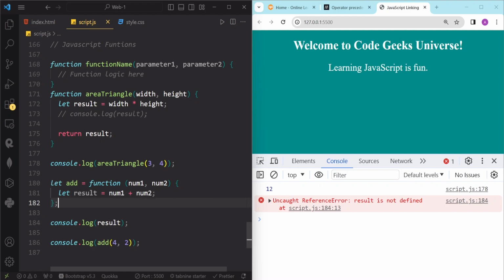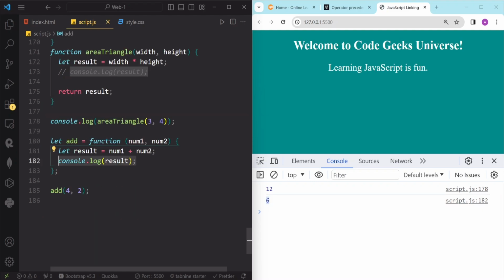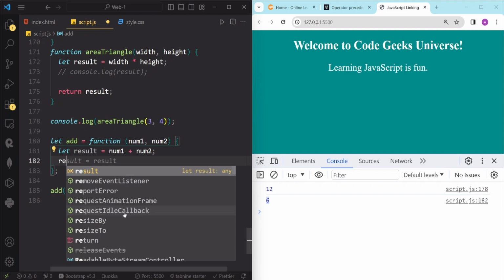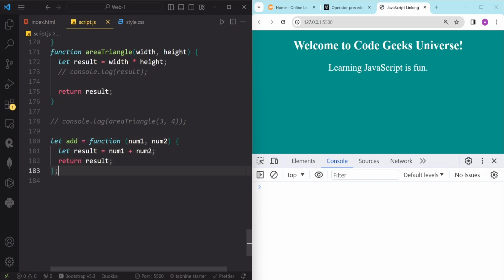And variables that we create outside of a function have a global scope, meaning we can use those variables wherever we want. And a variable that we declare inside a function, we cannot access outside of that function. Now if we want to use that variable outside of our function, we need to return that variable, like return result. Now after returning this result variable from this function, we can easily use the value of this result variable